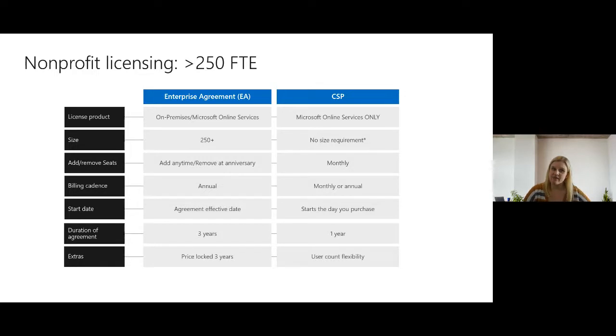Back to the EA. So the Enterprise Agreement allows for all products, cloud and on-prem, although the on-premise licenses do require a purchase of software assurance. Now this is a 3-year program. It locks in your pricing for any users, devices, or products for those full 3 years, and payments are either annual or upfront. That is your choice depending on your budgeting. Any products that are added mid-term in the agreement can be paid for at the next anniversary instead of upfront